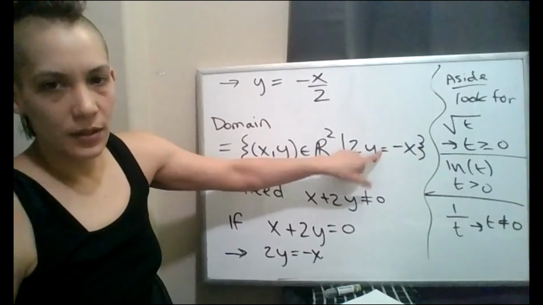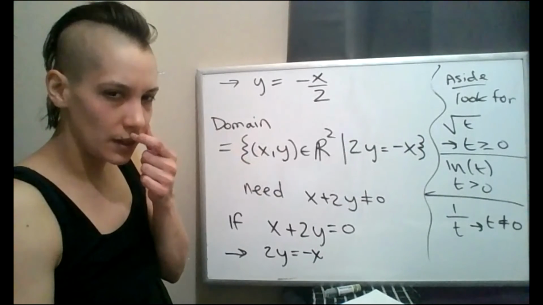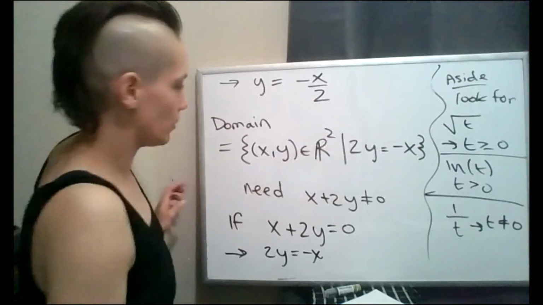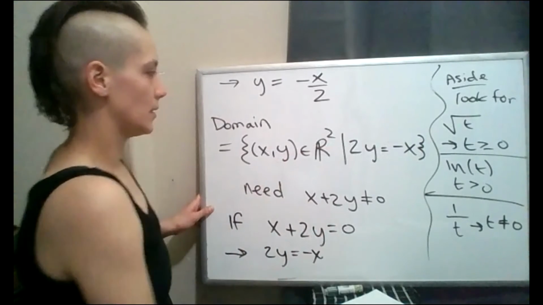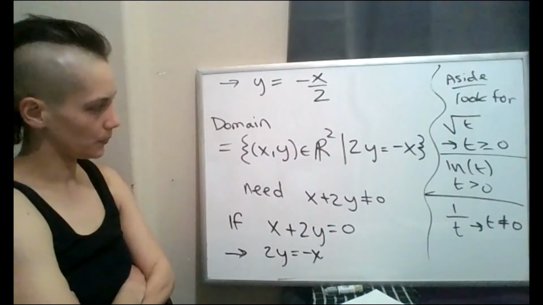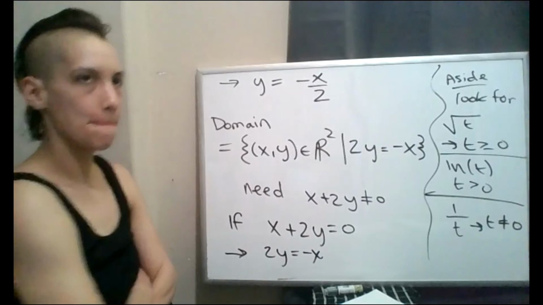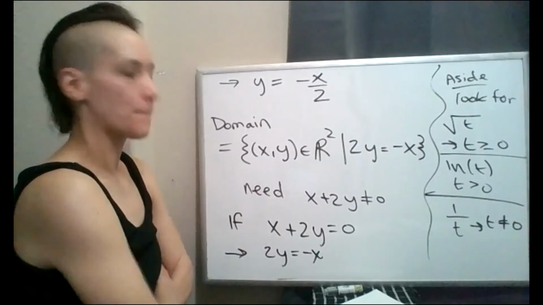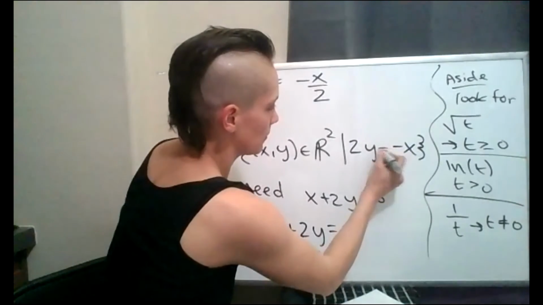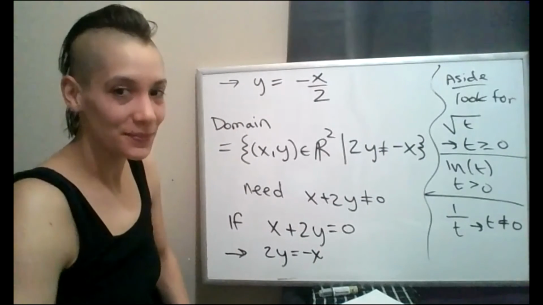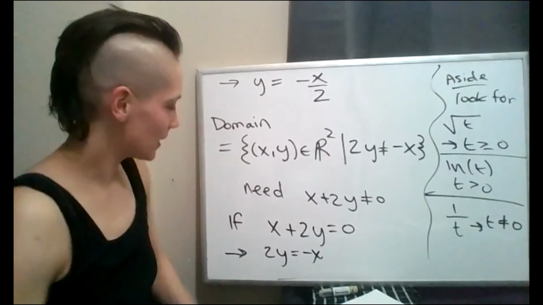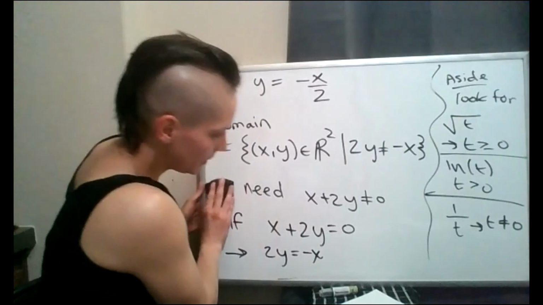It's actually all values except for that value. Let's see. I think we just put a slash. Okay, let's see if we can piece this together. Where